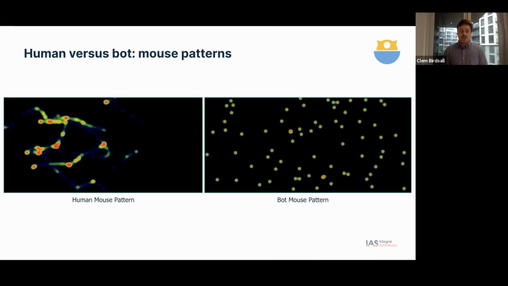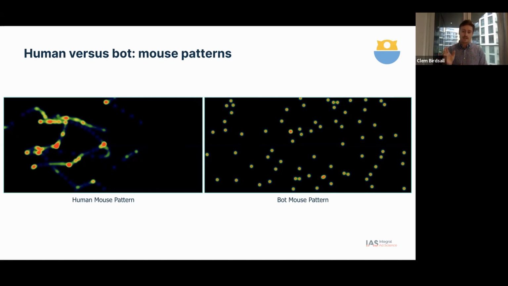So some of the tools that we'll use to understand when we're seeing a bot or when it's a dodgy website are things like mouse patterns. There's a whole lot of other methodologies that we'll go through, but in the interest of time, I'm just talking about this one. So you can see on the left-hand side here, when a human is using their mouse or cursor, it's very inconsistent and sporadic. The heat map represents red being when the mouse has sat for a long time, green in the middle, and blue the lightest amount. And you can see there's lines in every direction. Some have stayed longer and smaller.